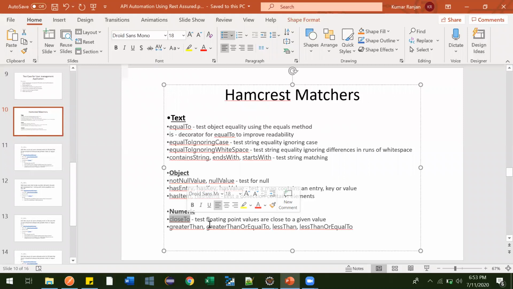Sometimes rounding happens, because of which a little change will be there, and then the test case could fail every time. So we can write close to, and in those scenarios it will pass. If it is nearly 1.025, so 1.02 is near to 1.025, right? In that case it will pass. So in those cases you can use this.